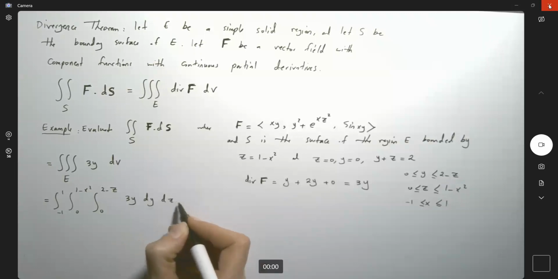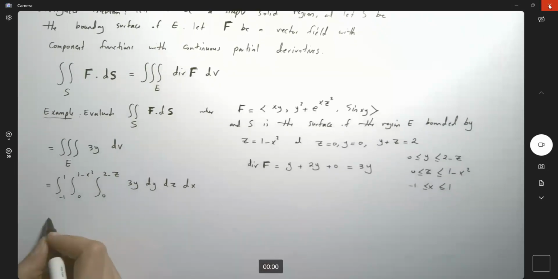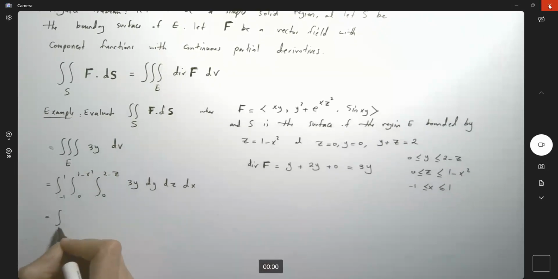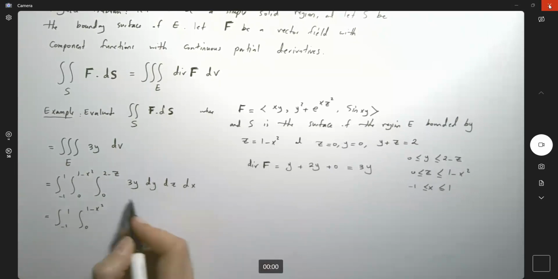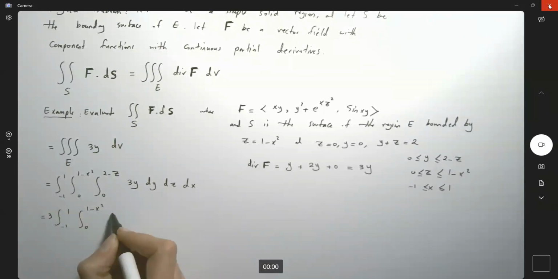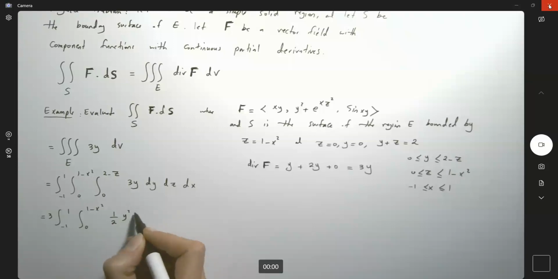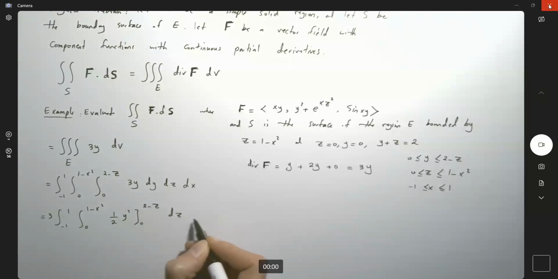So let us start. Here you get the integral from negative 1 to 1, the integral from 0 to 1 minus x squared, and with respect to y, let's write 3 in front, and here you have a half y squared from 0 to 2 minus z, dz